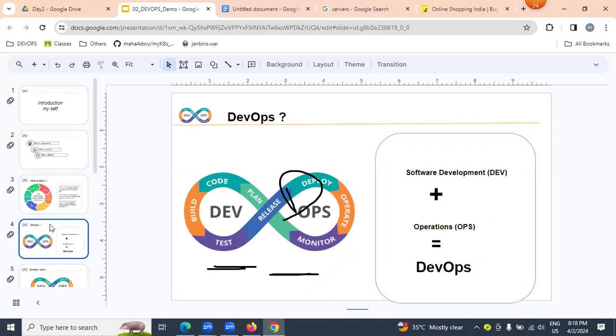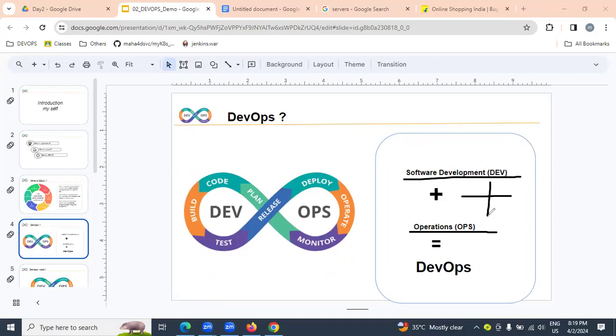DEV is nothing but development. OPS is nothing but operation. The combination of software development plus operation is what we call DevOps.